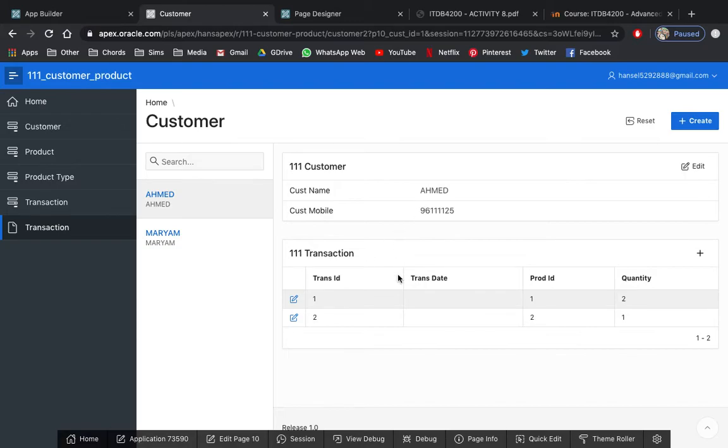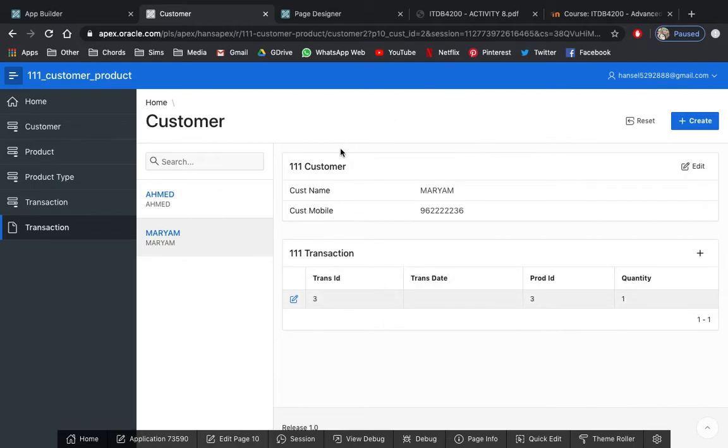You will notice that the product ID is still not well defined, so we need to apply a dynamic LOV for your product ID. So this time we will create a dynamic LOV. Say Mariam's transaction: this is Mariam's customer information, and these are the transactions.